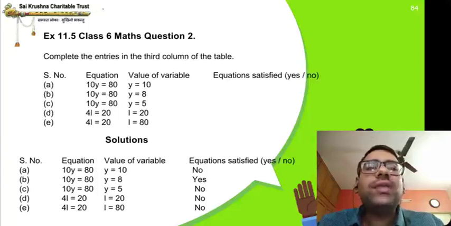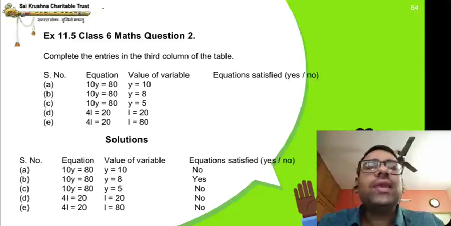Now, next question. 10y is equal to 80. Same way, y is the variable. The value of variable y is what? 8. So, 10y and 10 into y are the same. I told you, no? So now, instead of y, we will put 8. So, 10 into 8. What is 10 into 8? Tell me anybody fast. 10 ones are 10, 10 twos are 20, 10 threes are 30, 10 fours are 40, 10 fives are 50, 10 sixes are 60, 10 sevens are 70, 10 eights are 80.